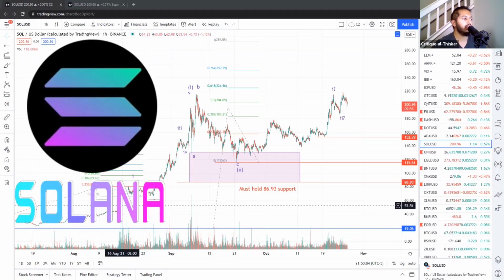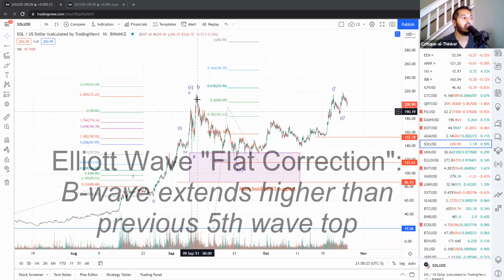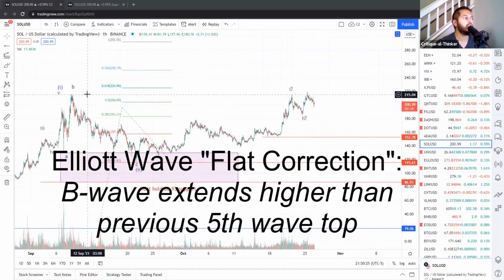In the previous update, we went over this pattern here that called for a top for our Subwave 5 at around 195, 196, right in that range. And unlike with most other cryptocurrencies, we had an A wave pullback that hit the top of our 38.2% retrace. And then we had a strong B wave bounce that took us a good bit higher, all the way up